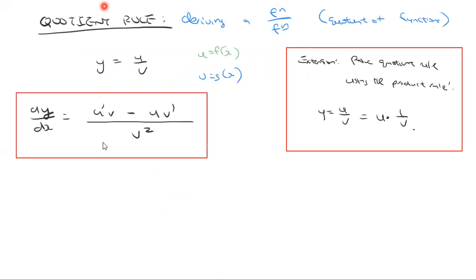Does that all make sense? Yes. All right. So what that means then is when we're doing the quotient rule, if we take an example